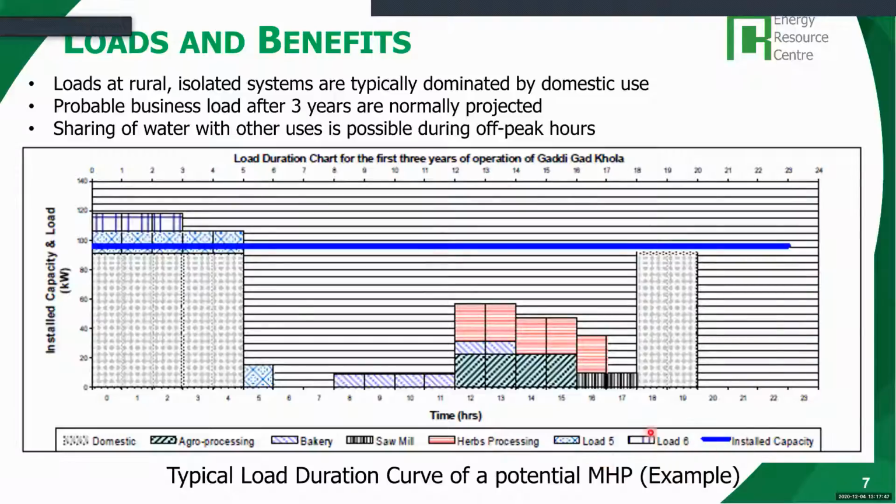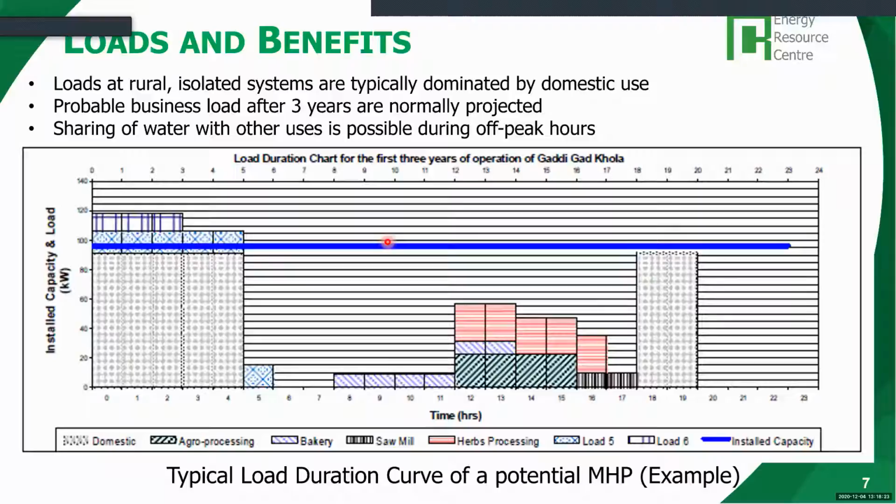So you have different types of loads, and then you try to meet the peak load. Now, as I said earlier in the previous session, initially the load will be different. But once you have a mini micro hydro project in that settlement, the business load is expected to increase after 3 years. There may be a cold storage plant. There may be other small and medium enterprises, because once you have power, energy will lead to other economic activities. So this is an important part that we need to consider, because you may want to design it for